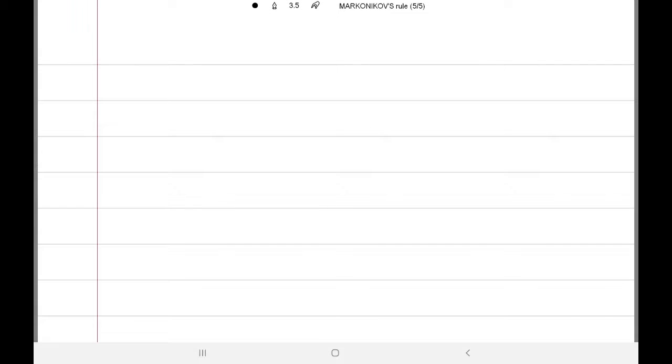Next, I am taking one more question here. I am taking CH3, CH3, and here CH3, attached to CH double bond CH2, and I am reacting with HBr. I can take HCl also. I can take HI also, but in case of HI I should take an oxidizing agent, which I will discuss later.